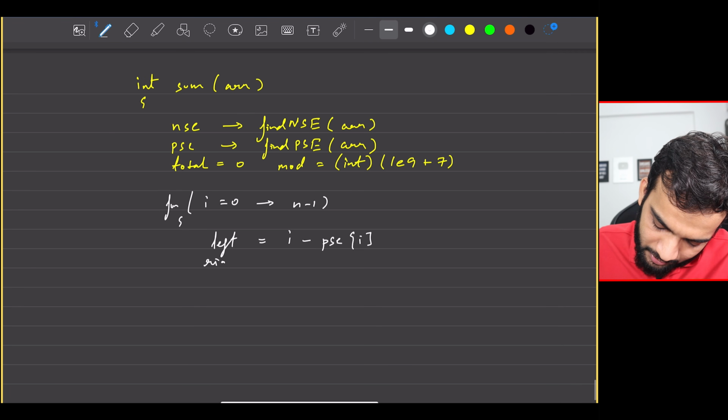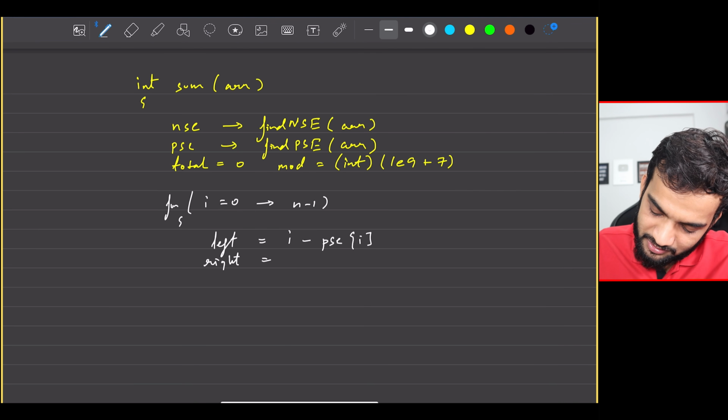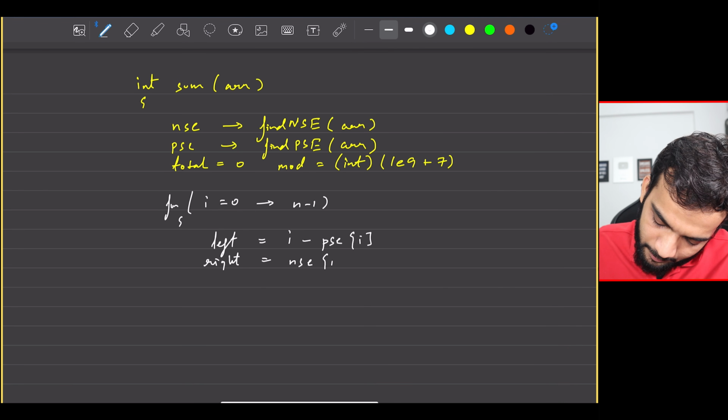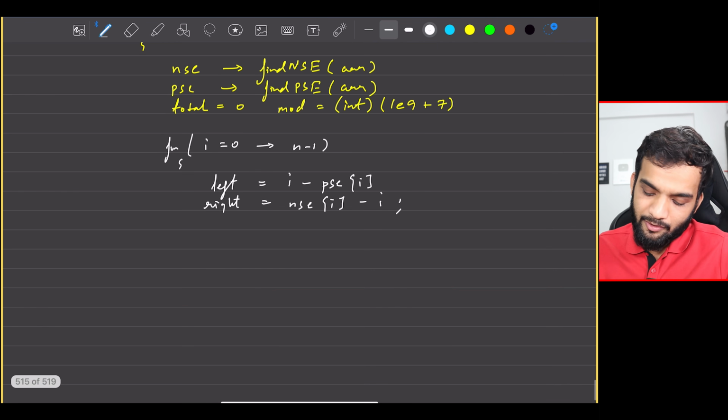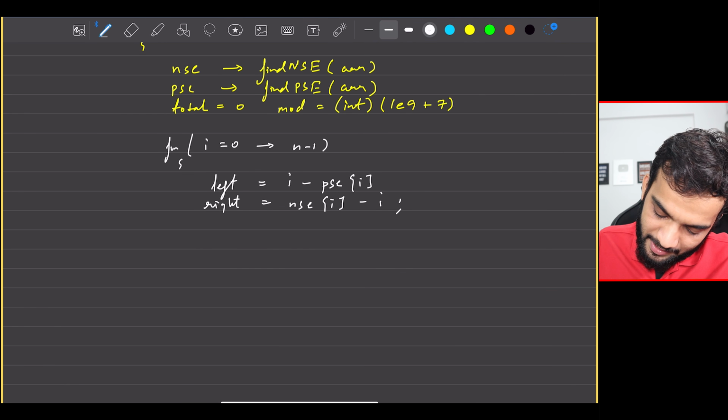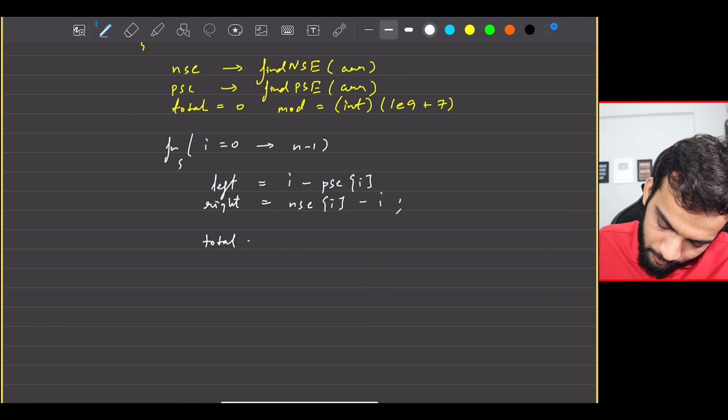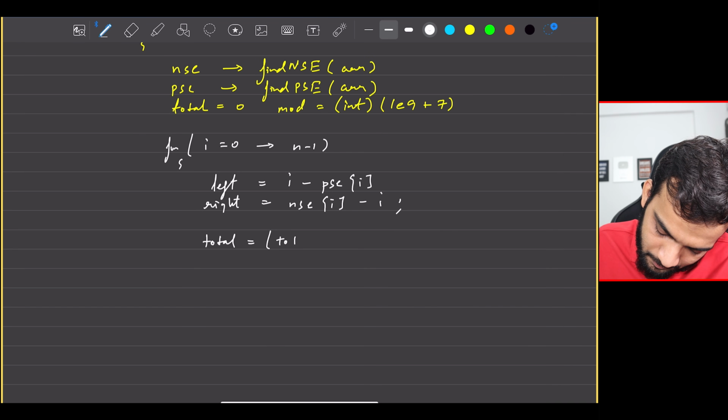I'll ask how many are there on the right, which is typically going to be the next smaller, because that is the greater one. Next smaller element minus the current. That will give me the number of elements on the right. So can I say the contribution will be added to the total? So maybe I can say total equals total plus